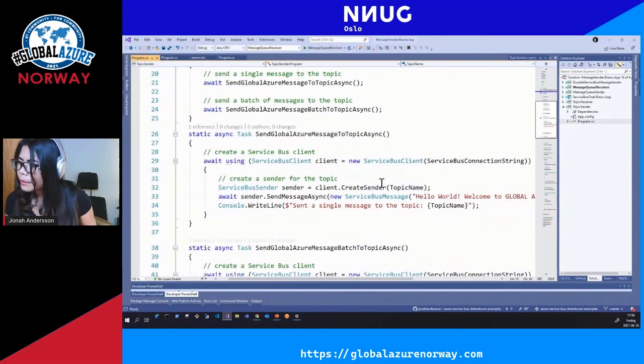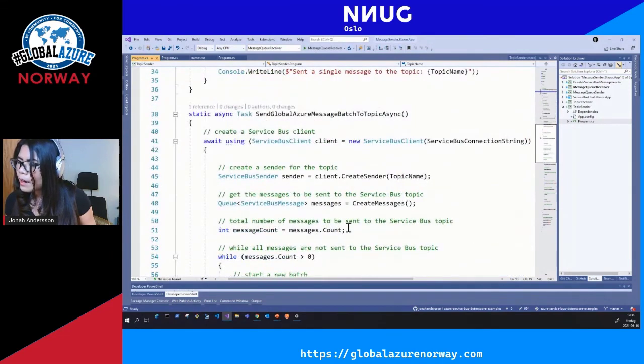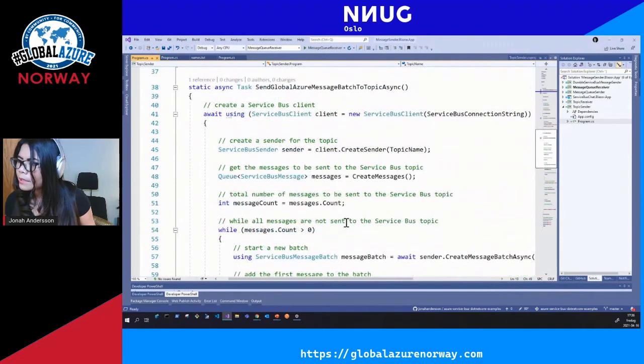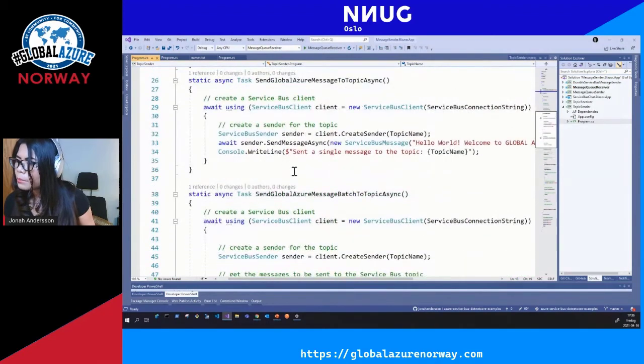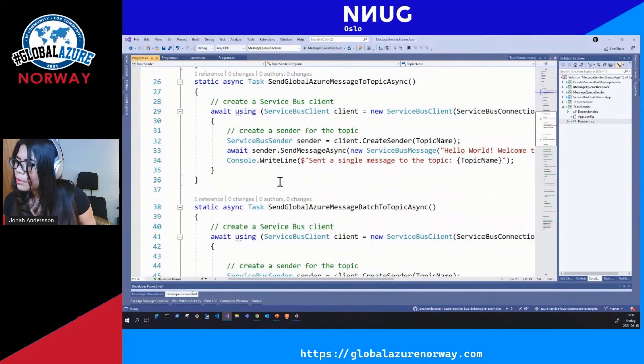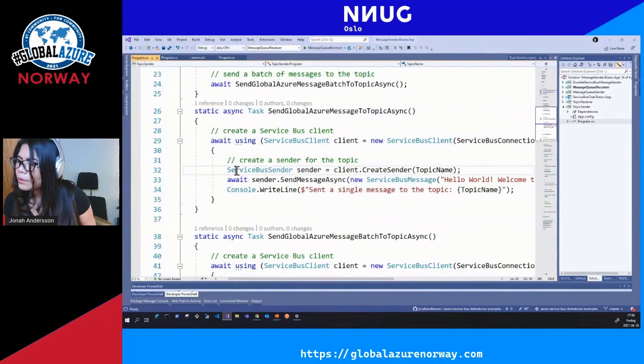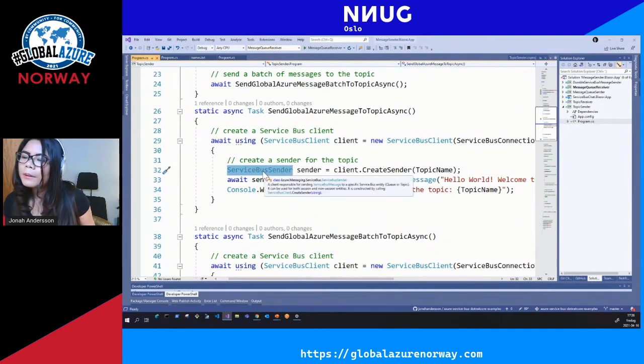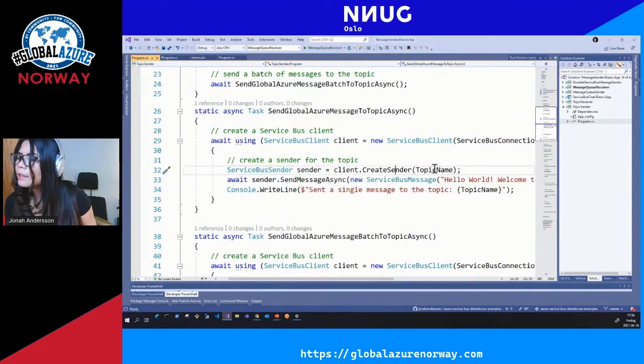And the difference here is that you use the Service Bus client, and you use the sender class to send the message to the topic.